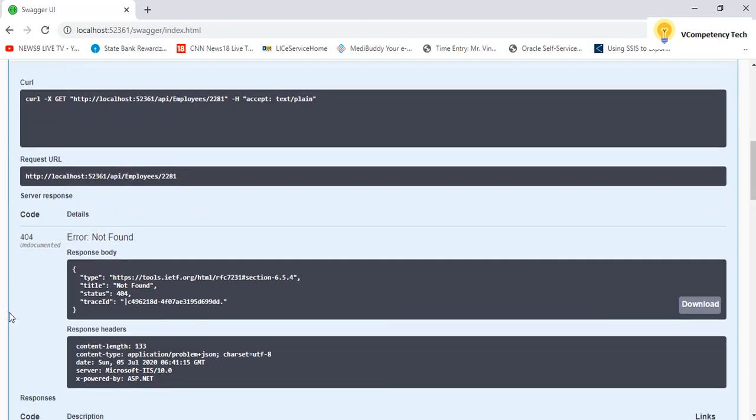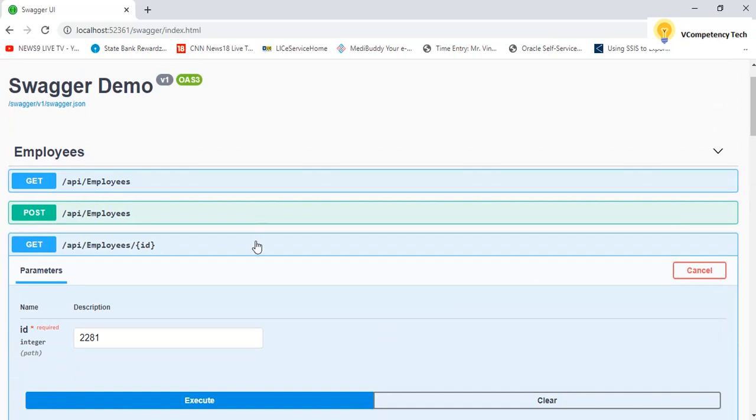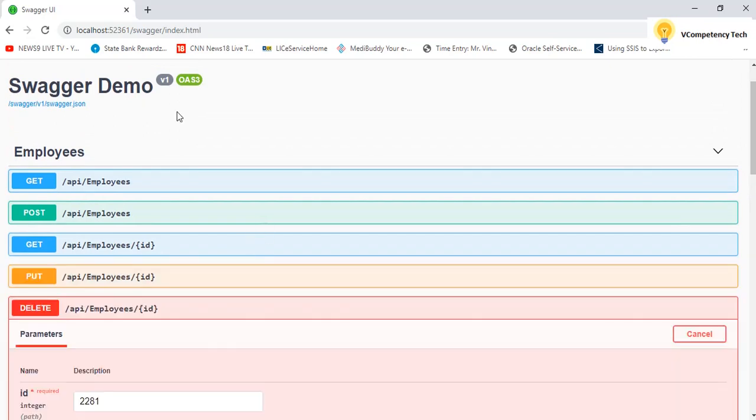Okay, the response we got is 404, and the title is not found. So this is deleted. This is how you can debug each action method using Swagger. Okay. So I have explained how we can debug, but how to integrate with Swagger, I have already given one tutorial, so you can learn it from there.